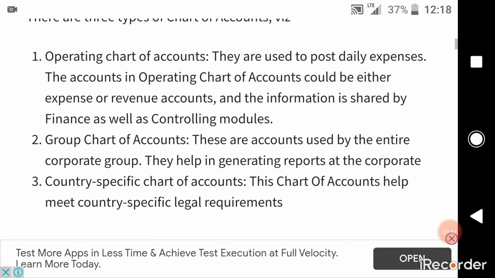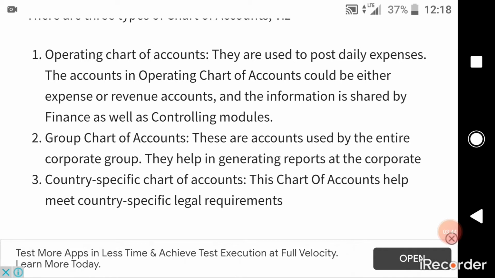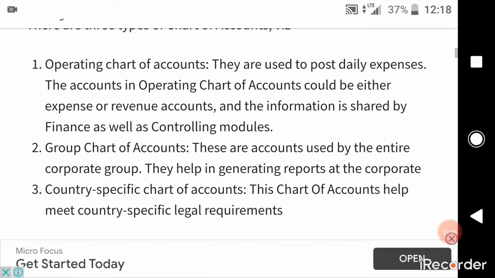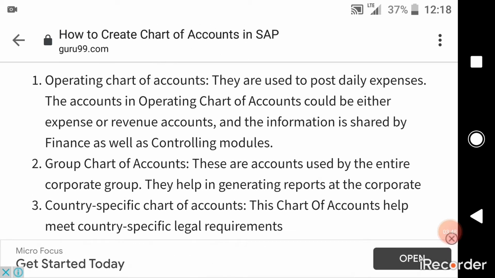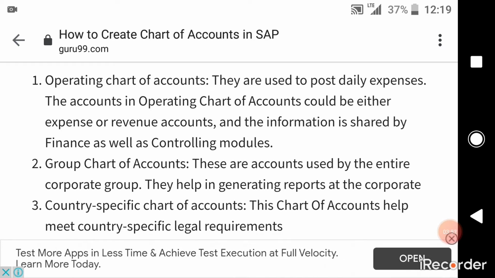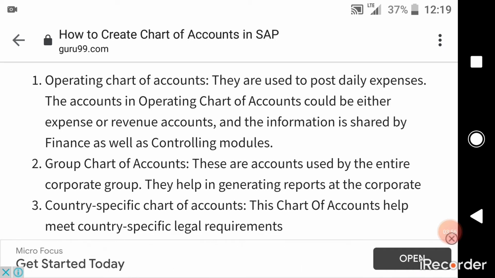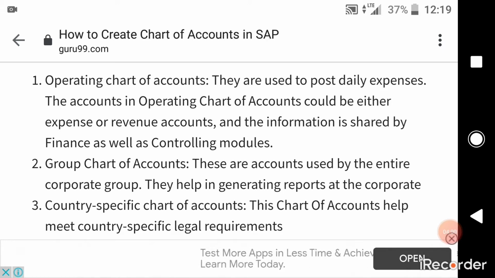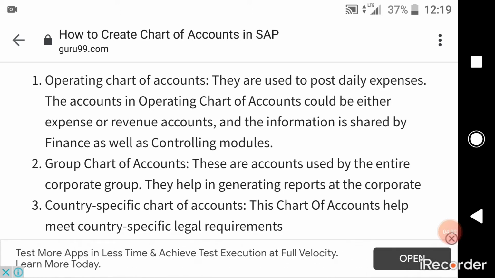Third, country specific chart of accounts. This chart of accounts helps to meet country specific legal requirements. If the company is operating in the United States of America, Australia, Saudi Arabia, India, the Middle East or across the globe, then based on the legal formalities and requirements, we will set the taxes, the kind of tax rates and so on.